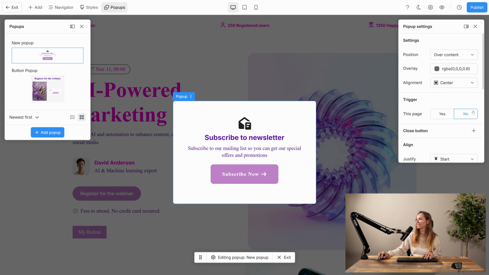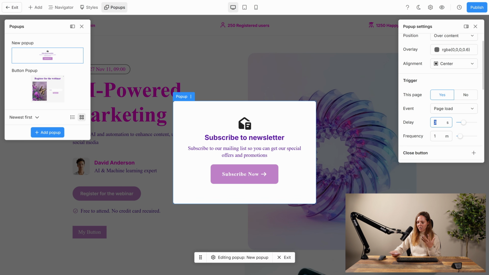So let's just go to our trigger settings for this. We're going to enable it and we're going to change the event. So we've got page load or exit intent. If you want a pop-up to show up on page load, so they're busy scrolling and you want it to say, hey, don't forget to register, you can then set a delay. So let's say they've been on the page for 30 seconds and you now want it to pop up and say, hey, don't forget to register